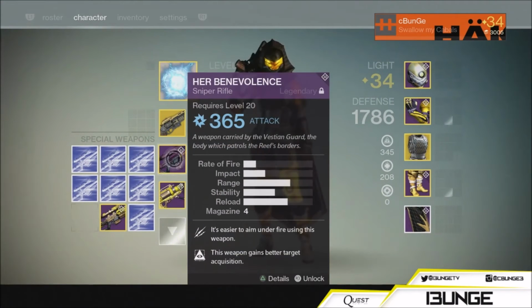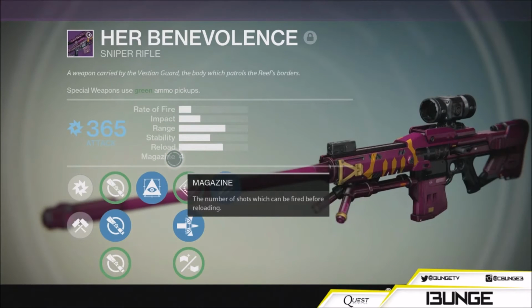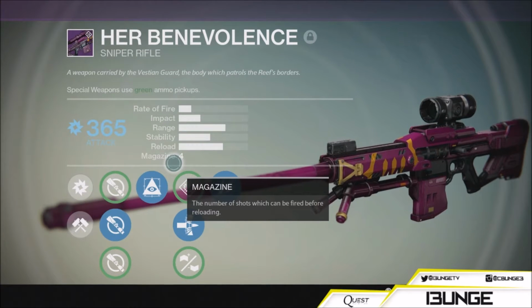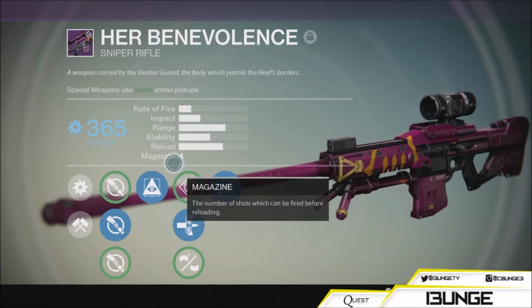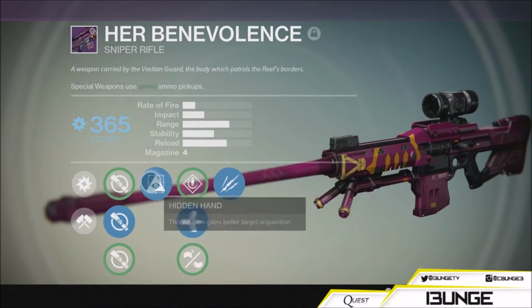Another new addition to my arsenal is the Her Benevolence. The Her Benevolence is a Queen's Wrath sniper that you get from PoE. I finally obtained this after 8 weeks, I believe it was, of trying every single day, PoE level 28, and I finally got it. As you can see, the perks I have on here are the Short Gaze Scope, which I highly recommend for any sniper,